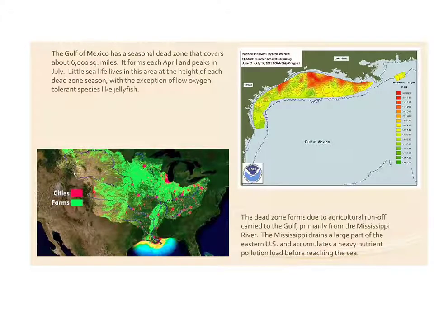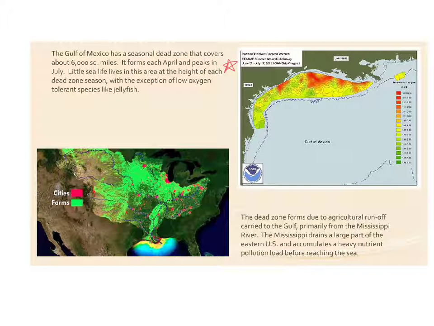All right, so I added a couple of pictures here from some images that I thought were important. This image right here is the one I'm going to talk about first. We talked about dead zones. A dead zone is an area that has very little, if any, aquatic life, and the reason why is because it's hypoxic, meaning it has very low oxygen. It can even be anoxic, which means that there's no oxygen, but that's actually pretty rare.